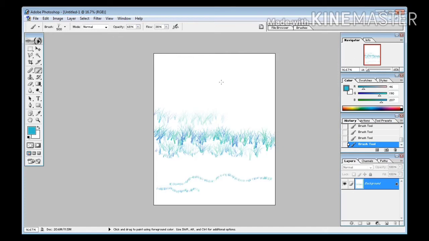And brush size can be changed by using the shortcut key also. Right closing square bracket is used to increase the brush size. Look here. And left square bracket is used to decrease brush size. You can notice here I am pressing left square bracket. It is decreasing the size, and as I am pressing right square bracket, it is increasing.